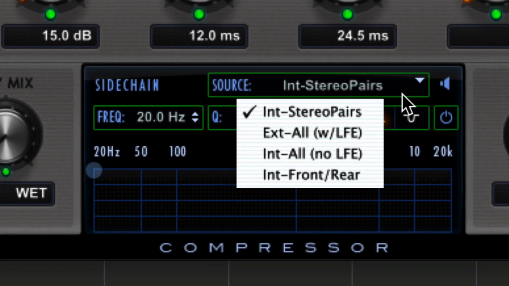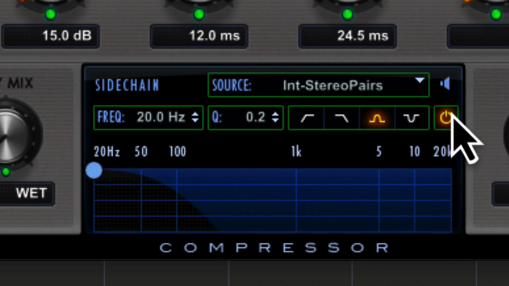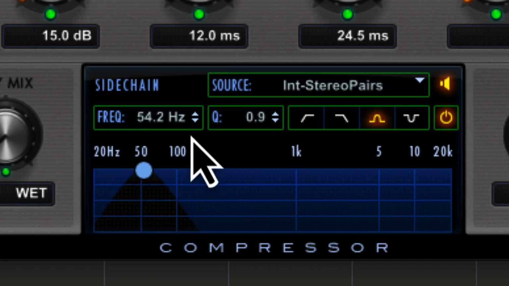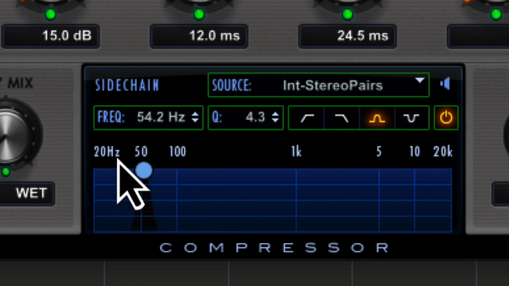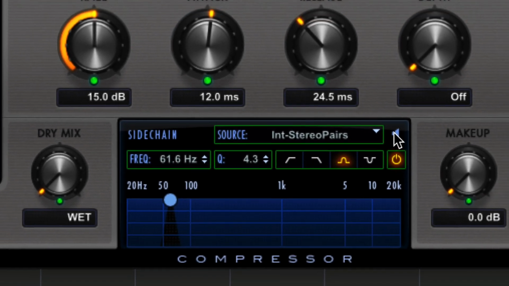A lot of people like the Pro compressor. Look at all the control that you have over this one. So you've got different shelves. You can use a notch. You can use a filter. And again, I've got another little blinking speaker icon, which is going to only play out what the sidechain is hearing. Let me change the cue as well. And then when I pop this out,